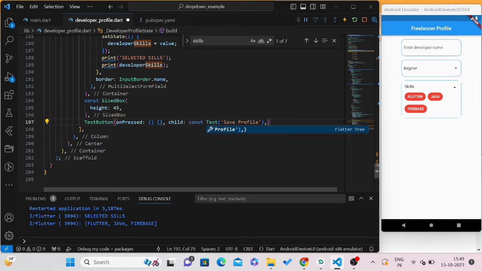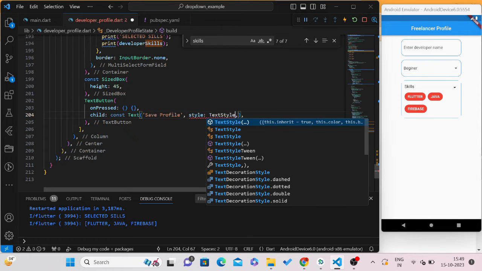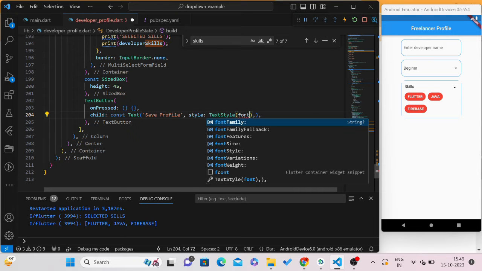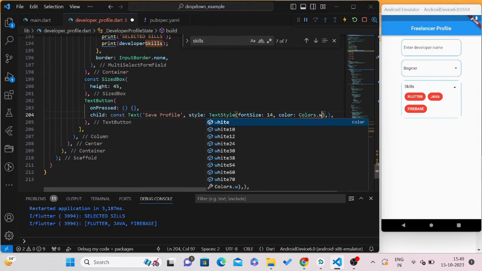Give a comma at the end of each widget line so that you can format it properly. Let's add some style to this one. TextStyle, font size will be 14, color will be Colors.white,